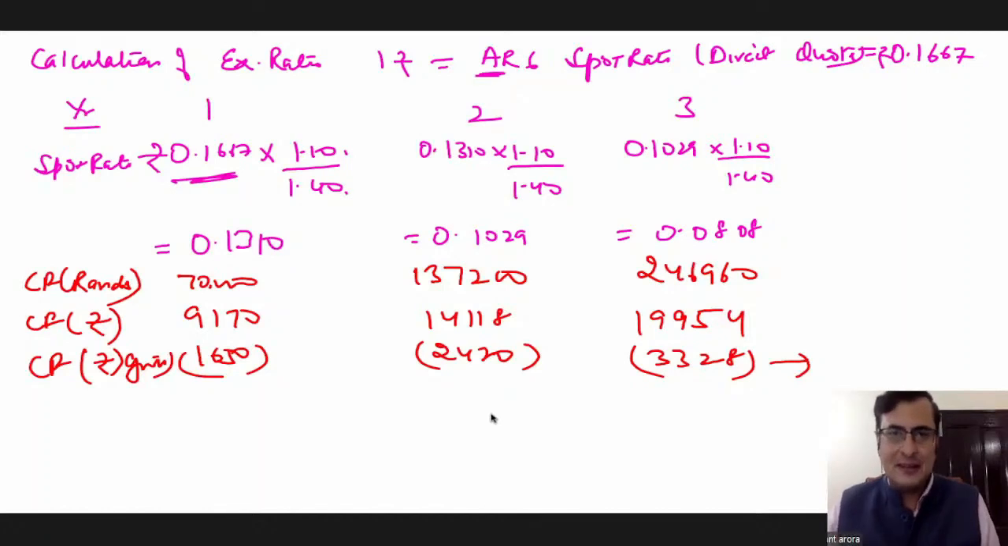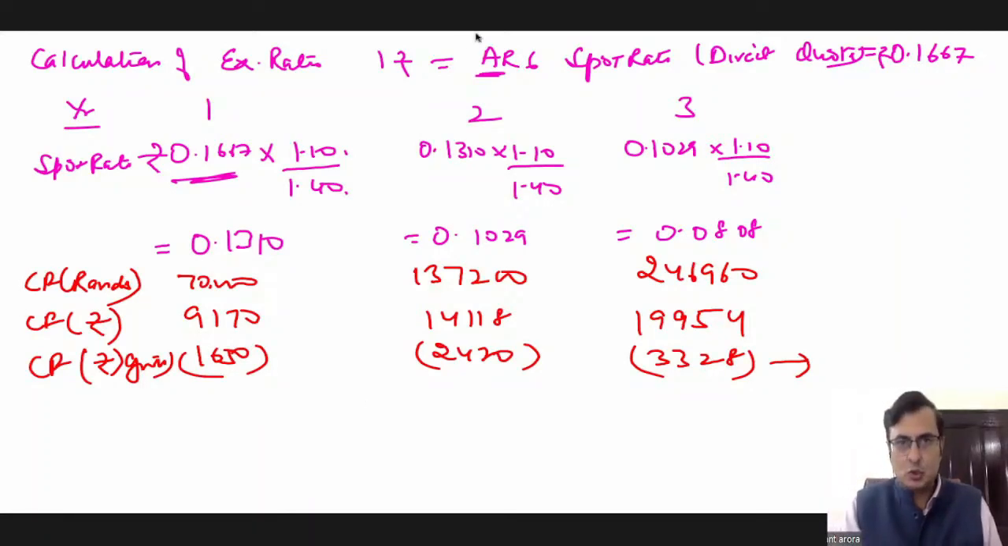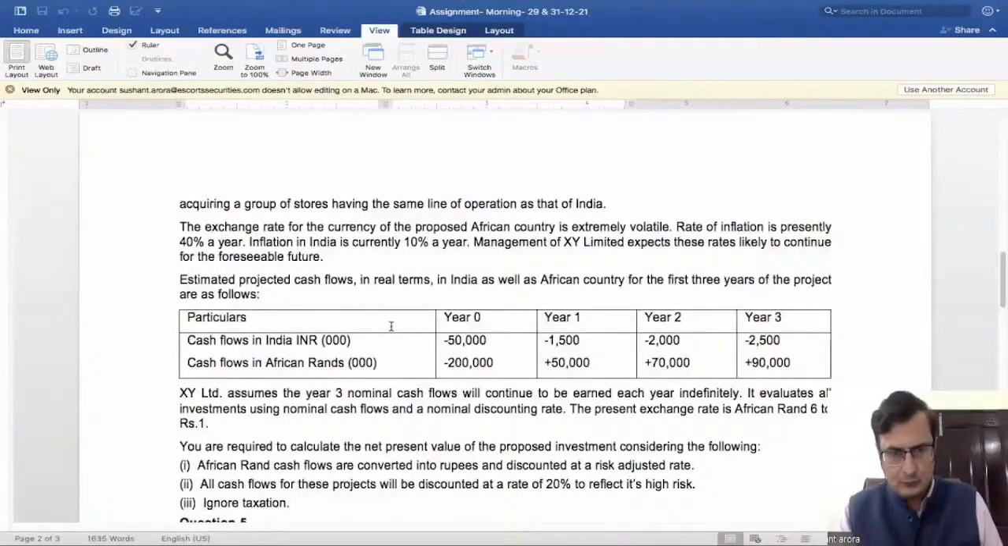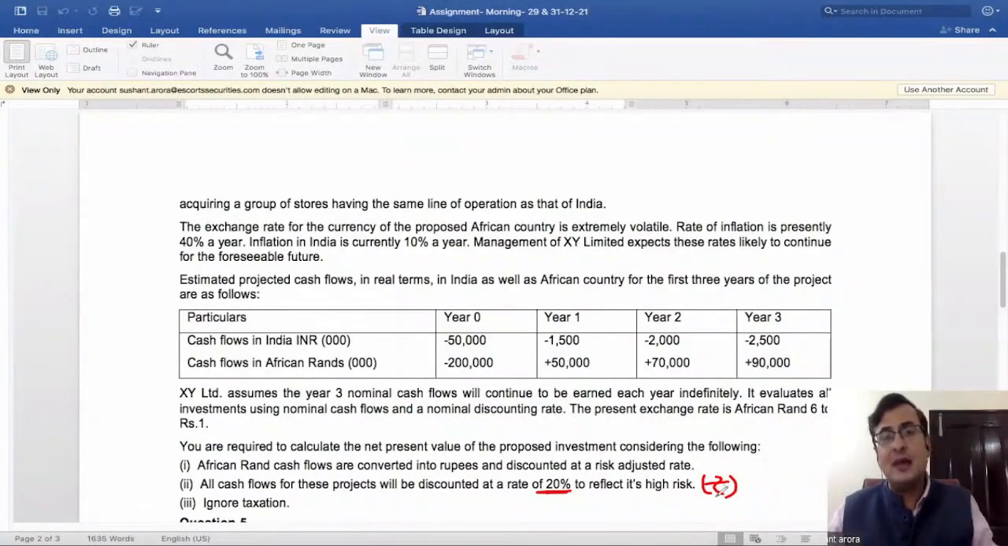Yes, sir. One thing I would like to also incorporate over here. Let me show the assignment to you. Terminal value I'm looking for. Okay, terminal value. See, one thing is that the discount rate is already available with us. All these cash flows will be discounted at 20% to reflect the high risk. This is in rupees. Sir, are we supposed to change this? No. Sir, why? See, beta, these African rands